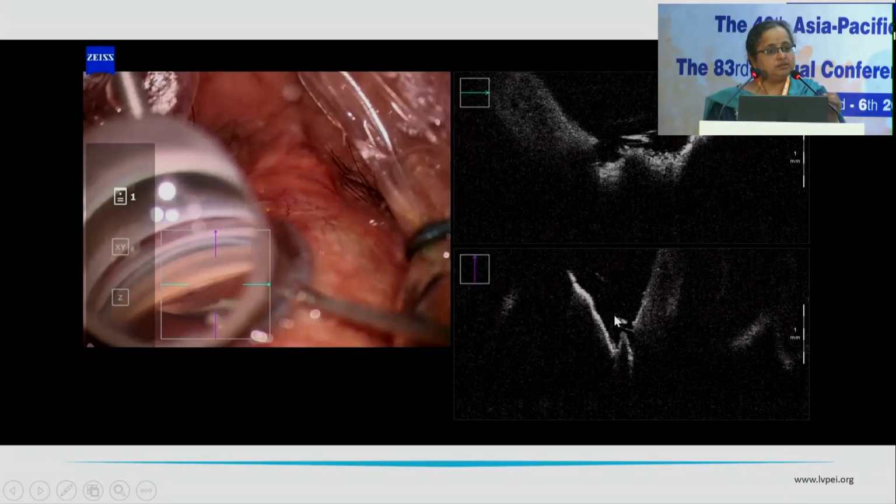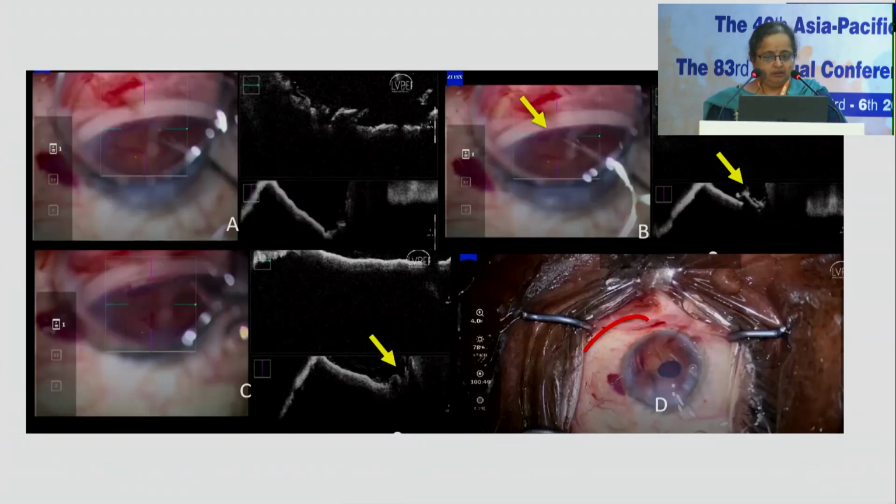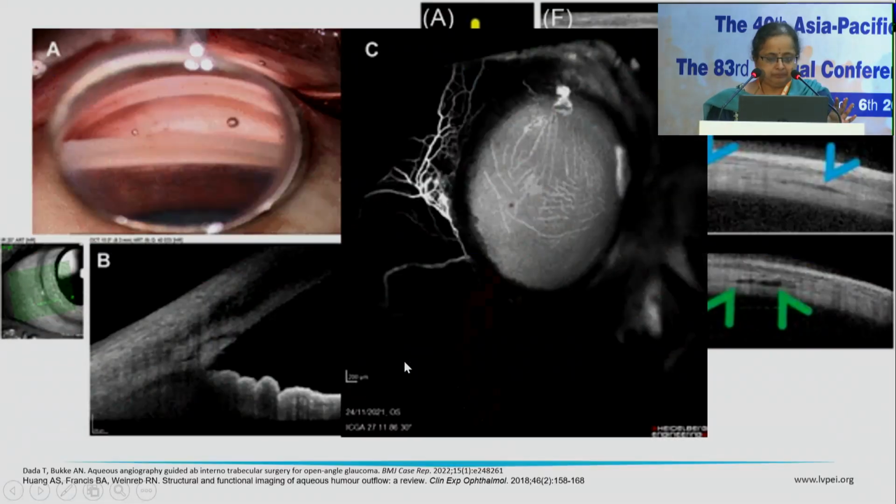But this requires one or two persons, because when you're doing the surgery with your two hands, your focus and your tilt of the eye changes. So for the OCT, there have to be two technicians or your fellows or residents who have to keep the focus constant on the region that is being imaged. This is what I was speaking of, that as soon as you incise, there is an efflux that is happening. You see that in most of the eyes, but at the end, all's gone well.